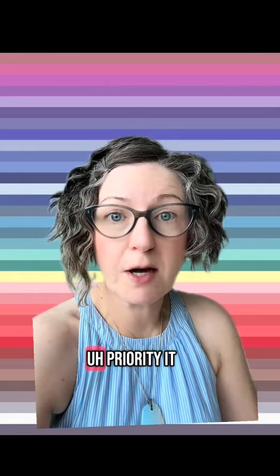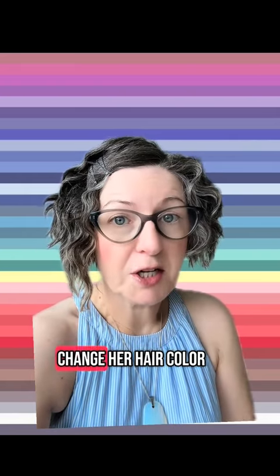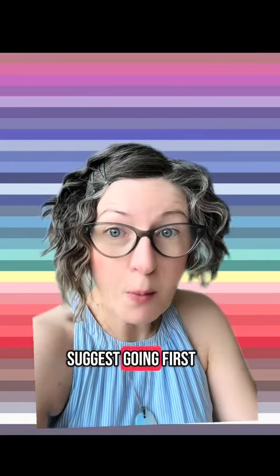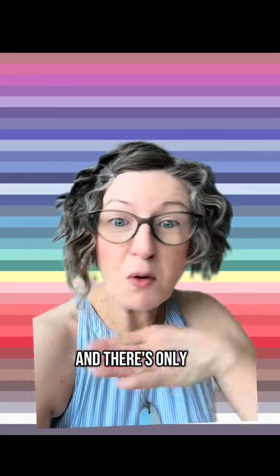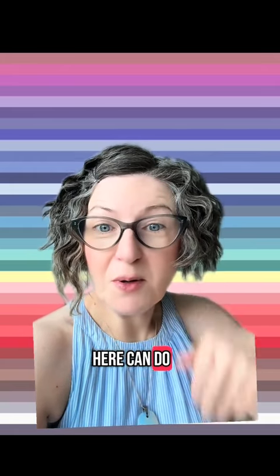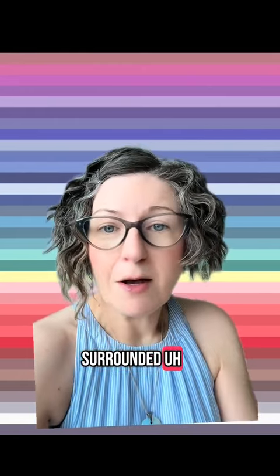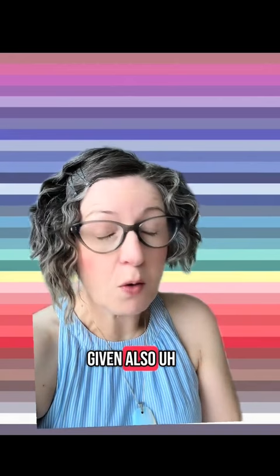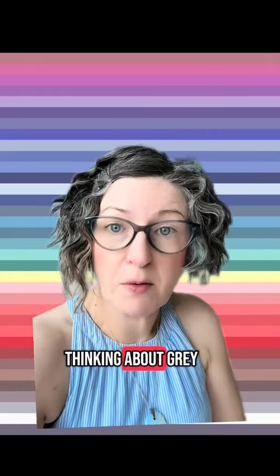And the first priority, it appeared, was that she wanted to change her hair color, which usually is the way I suggest going first, because your hair color frames 3 sides of your face, and there's only so much down here can do if 3 sides of your face are highlighted or surrounded by a hair color that is out of harmony with your coloring. So given also Gala has started to get some natural gray in her hair, she was really thinking about gray